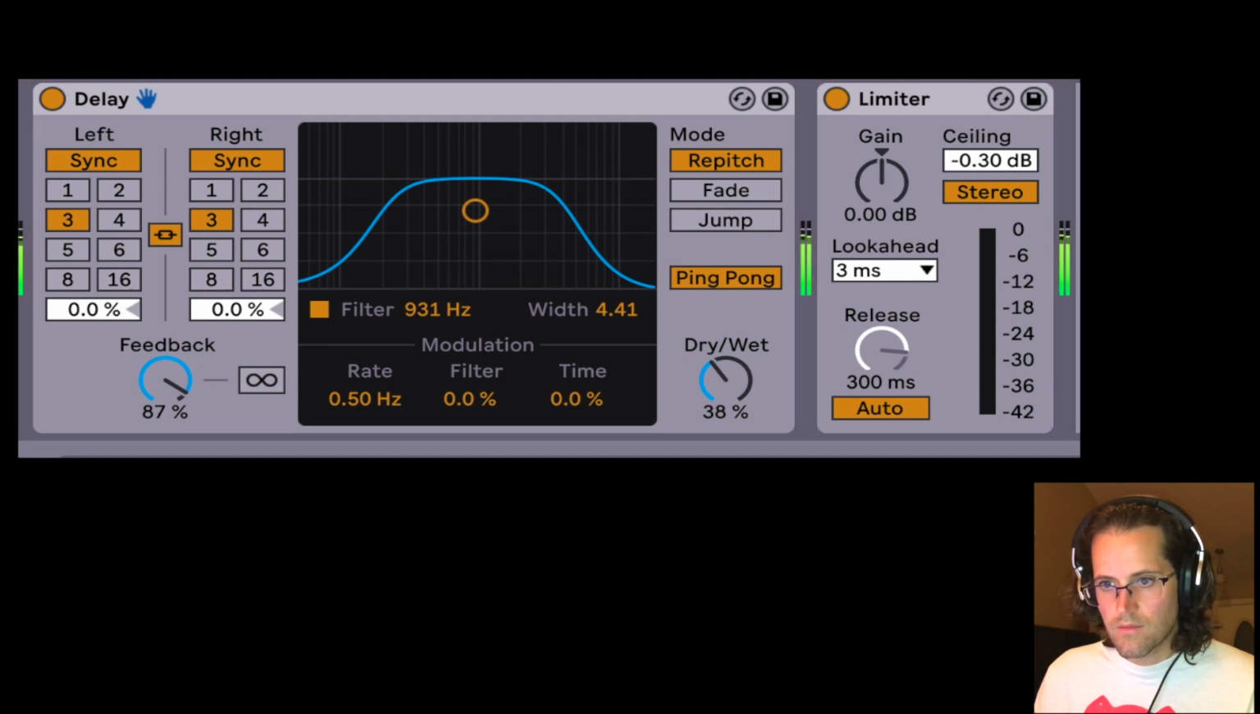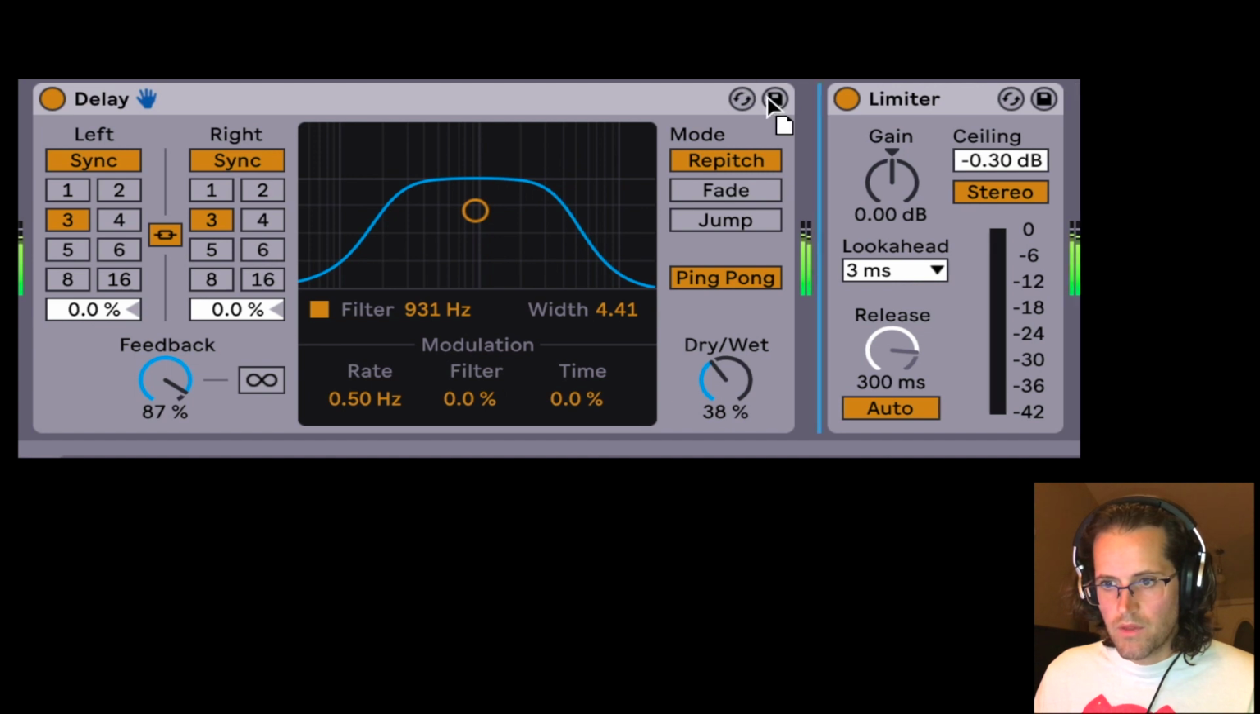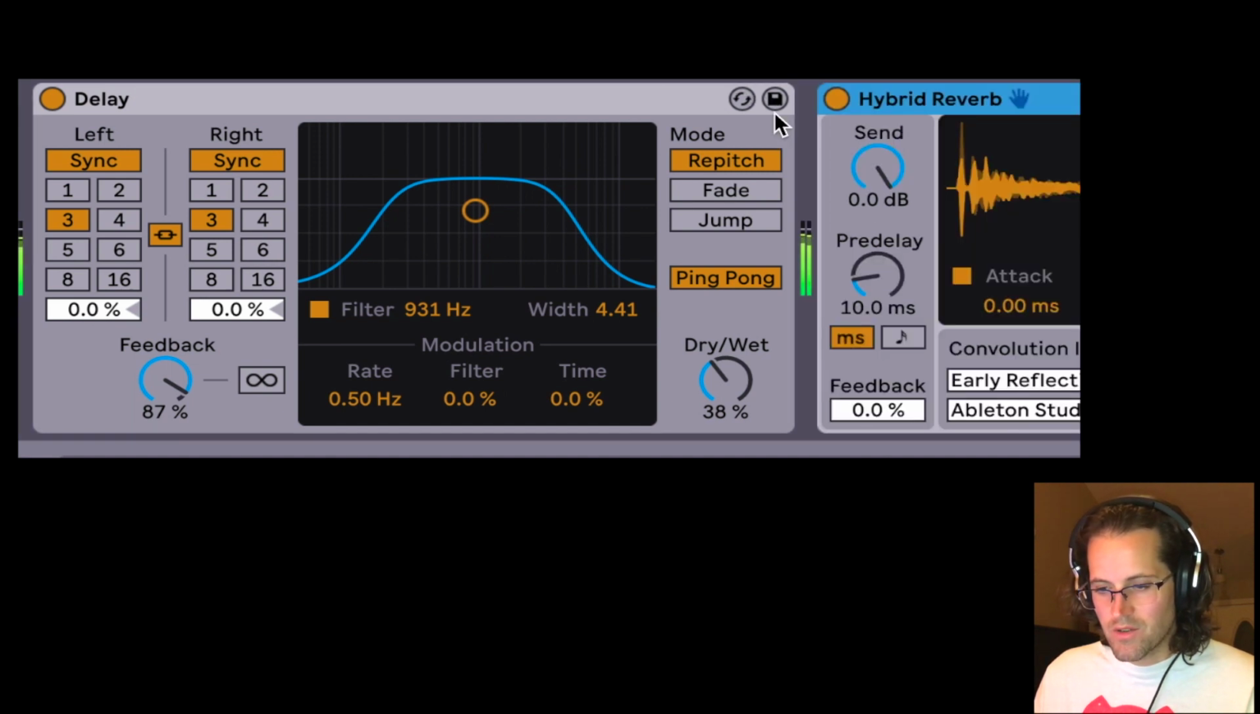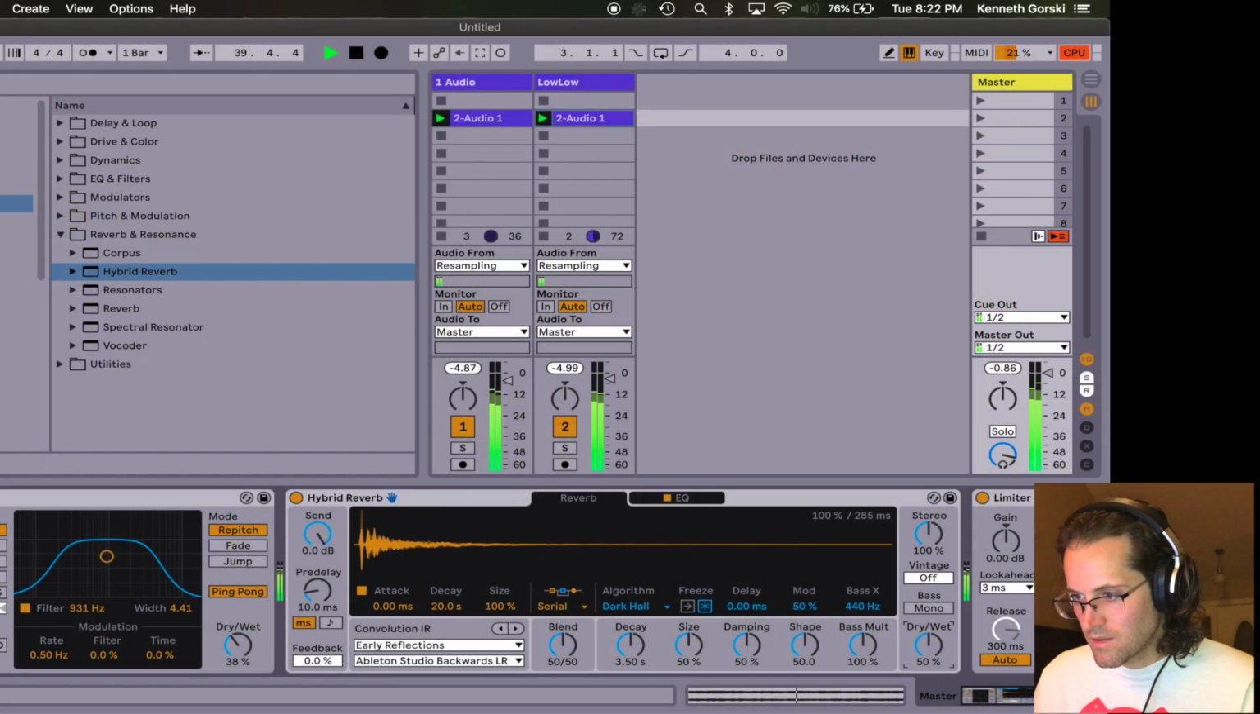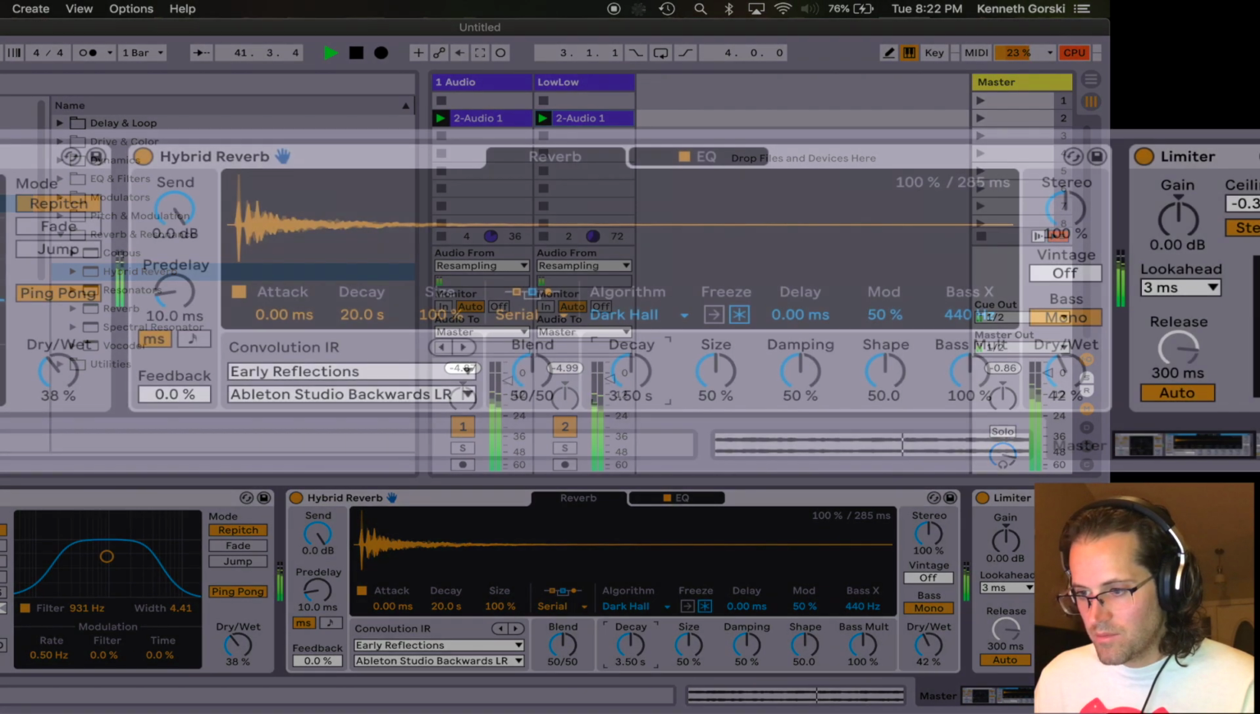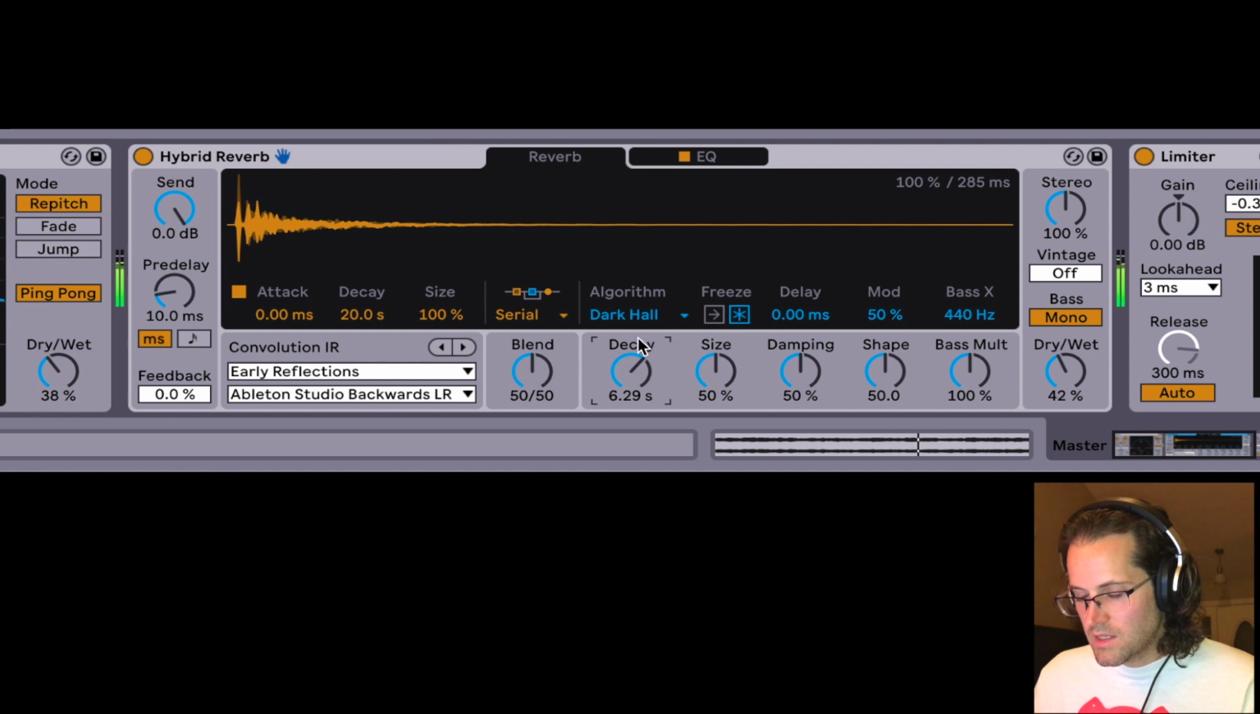Go into mono, so it's not reverberating the bass frequencies. Let's turn up the decay on the dark hall algorithm. And let's choose this to parallel, so both the convolution reverb and the algorithmic reverb are both treating